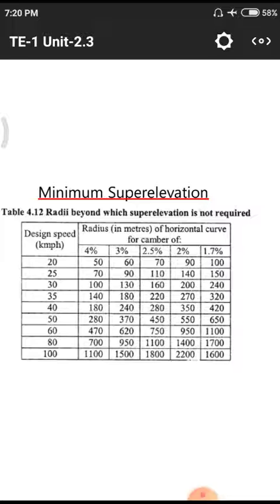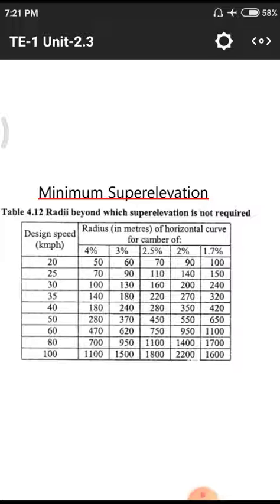Depending upon the topography conditions and others, we need to provide this amount of super elevation according to the design speed and topographical conditions. That means we mainly need to focus on design speed. After that we have to focus on terrain conditions, whether it is rolling terrain, plain terrain or steep terrain. Those things we also need to remember.